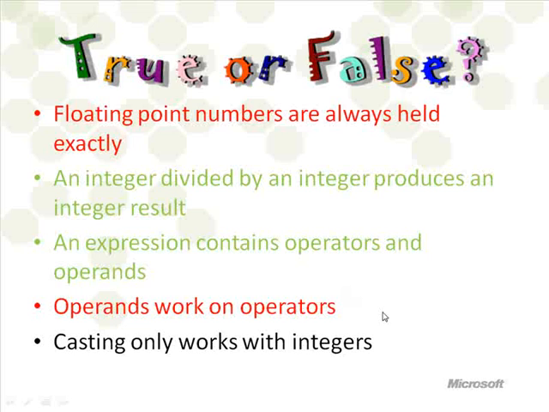Casting only works with integers. I haven't really gone into this, but as far as we're concerned, if I'm moving between number types, I can cast where I want to. I can cast back from float to integer, integer to float, int to byte, as long as I know what I'm doing. But do remember that, as Spider-Man's uncle said, this is a superhero episode, with great